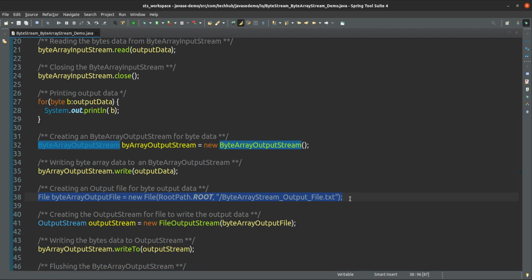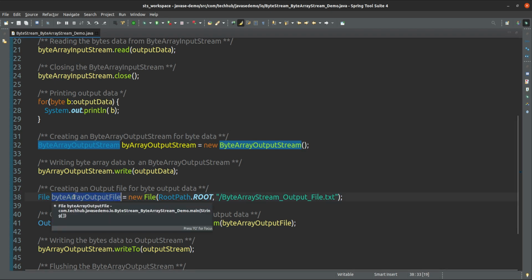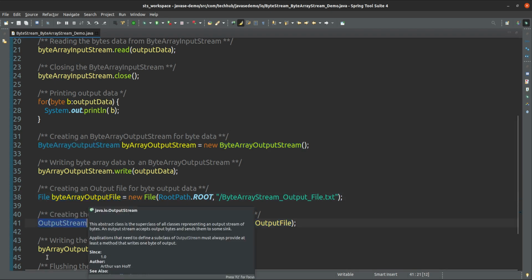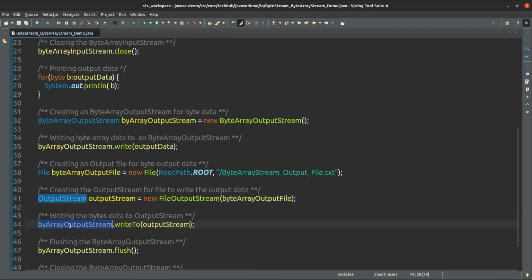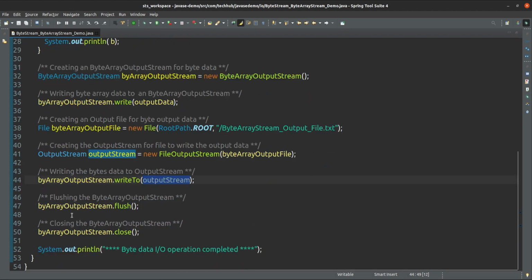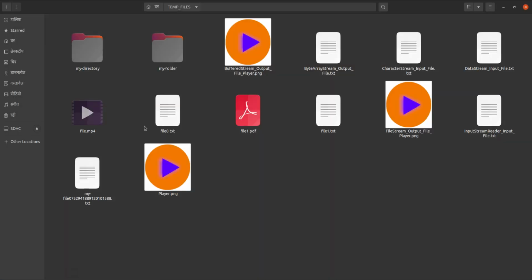So for that purpose we have created one output stream, and into that output stream we have written all the data available in the byte array output stream. After that we are flushing that byte array output stream and closing. So if you run this code, you can go to that file and you can see.